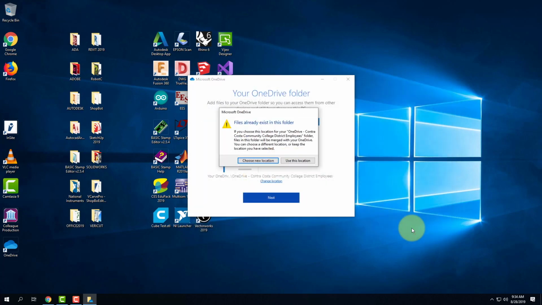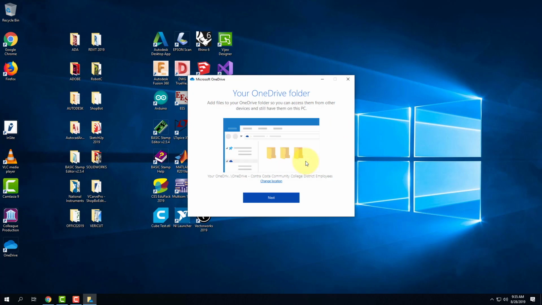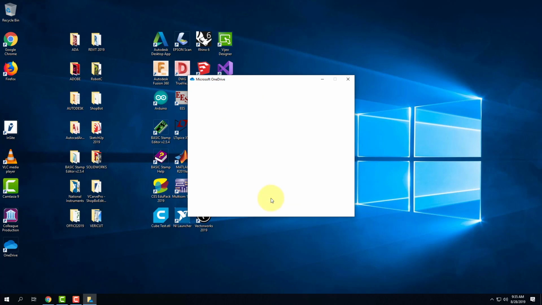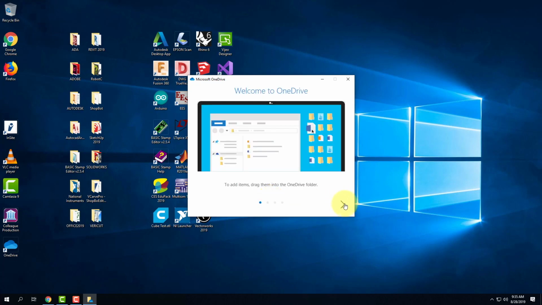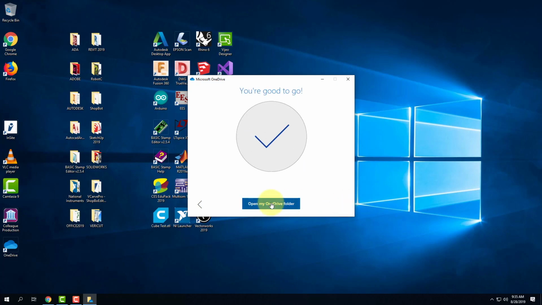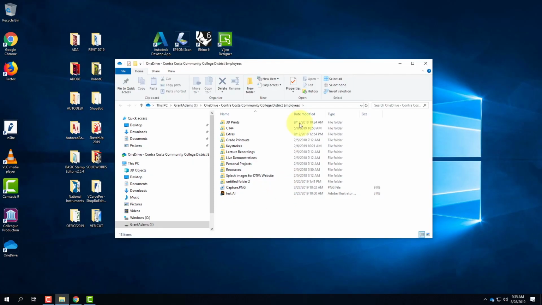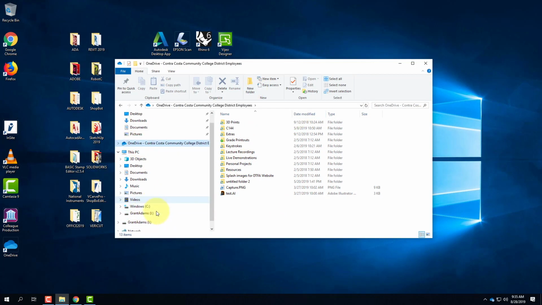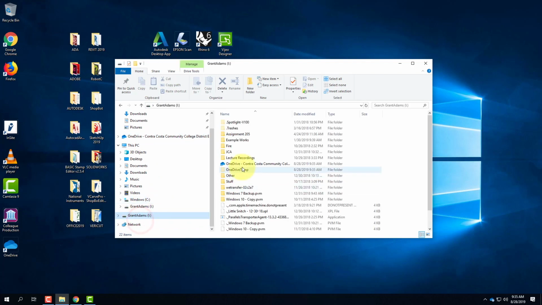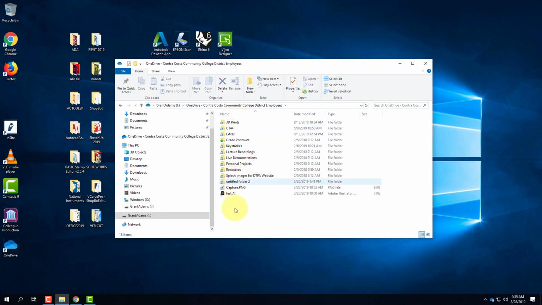Now for me, I already have a OneDrive folder here because I do this sync every time that I get my computer set up. So I'm going to use this location. Yes, it already has files in it, but that's my OneDrive folder. So it should be your flash drive. That's really important that it's your flash drive. Once you're done, you'll click Next, and you can go through all the rest of the default options here. There we go. The last one, we open my OneDrive folder, and there it is. So this is on the computer, but it's on my little flash drive here. And there's my OneDrive folder, and it's syncing all of this content.